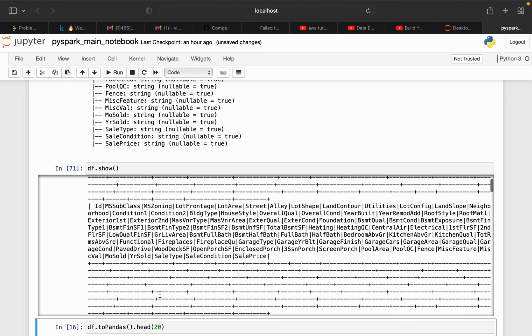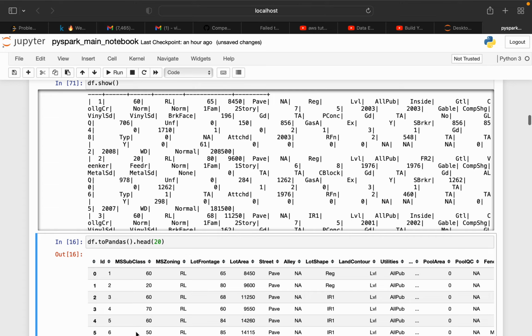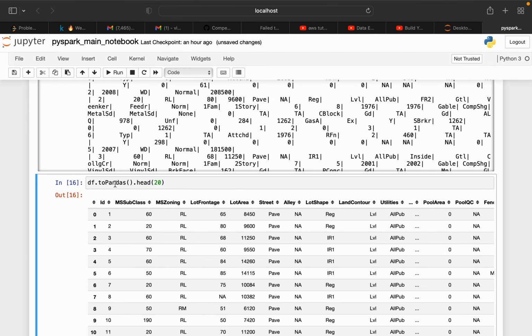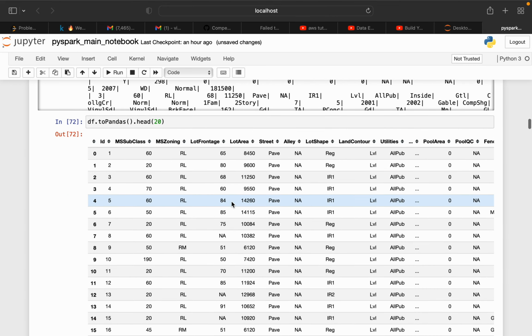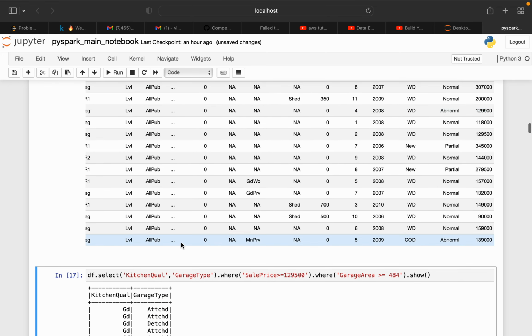As you can see, the values are a little bit clumsy, and we cannot see them properly. So we'll use pandas. I'm using df.toPandas, converting this data frame into pandas, and reading its top 20 values. As you can see, this is my data set, containing SalePrice, PoolQC and everything.